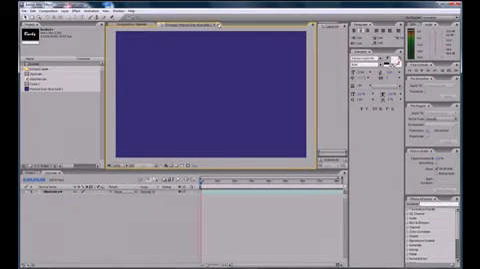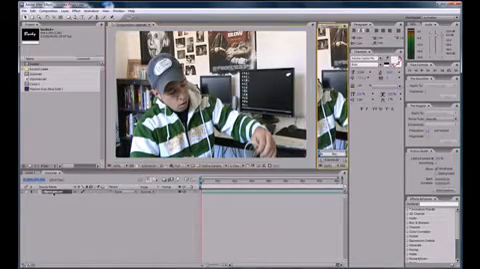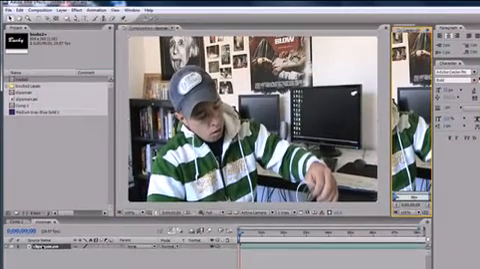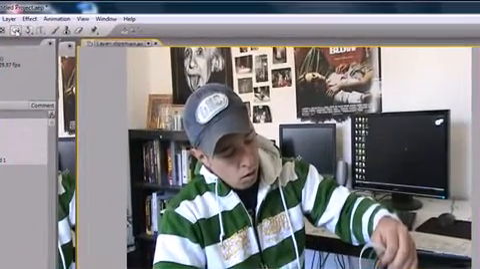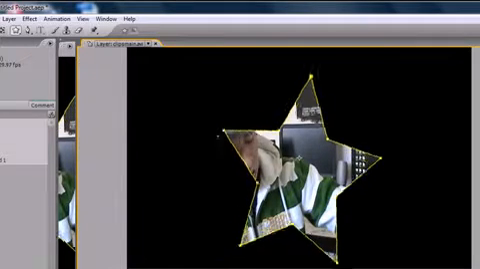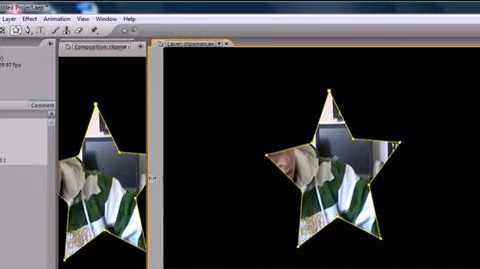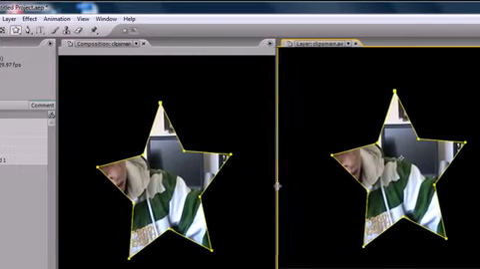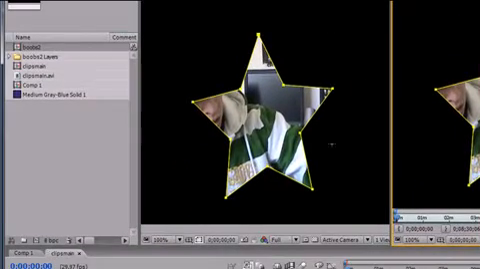So let me go ahead and get rid of this, I don't know why it's here, and go ahead and create a basic mask anywhere on your composition. I'm going to go over in my layers panel and create something like a star mask, and as you can see, whenever you create a basic mask, the only thing it does is create it like you told it to. But sometimes instead of just showing what's inside the mask, you want to show what's outside the